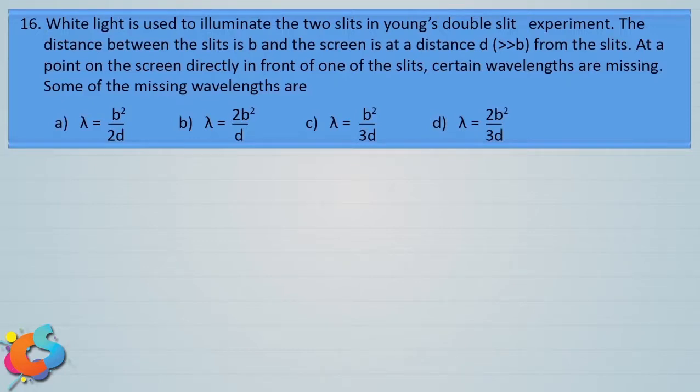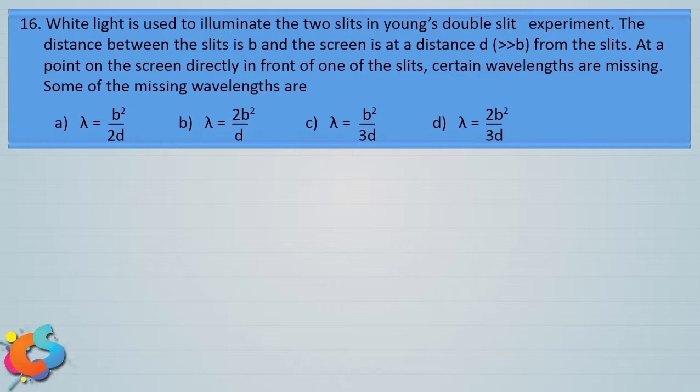Now have a look at the next question, dear students. White light is used to illuminate the two slits in Young's double slit experiment. The distance between the slits is b and the screen is at a distance D, which is far greater than b, from the slits. At the point on the screen directly in front of one of the slits, certain wavelengths are missing. Some of the missing wavelengths are: